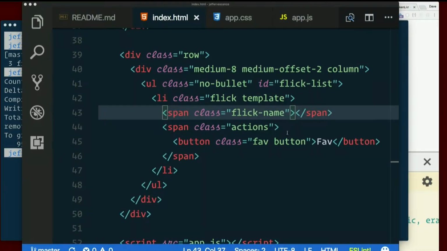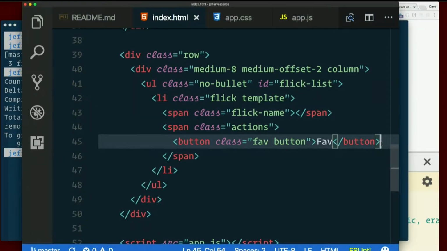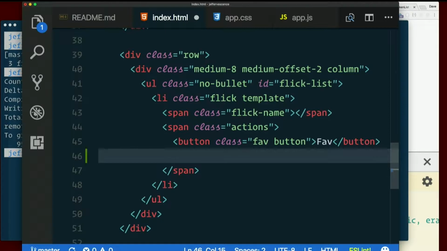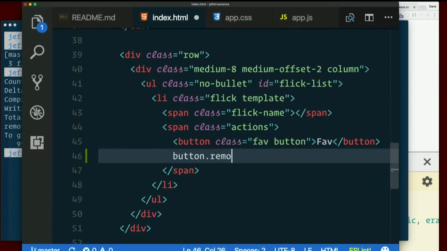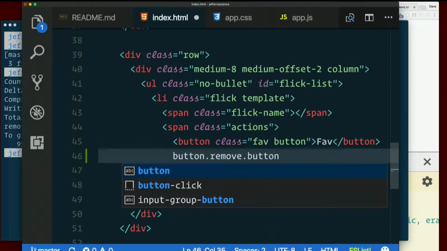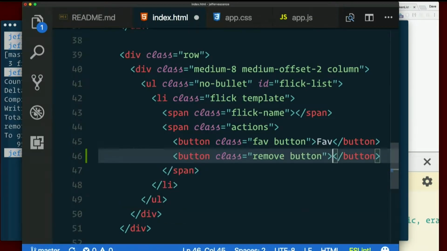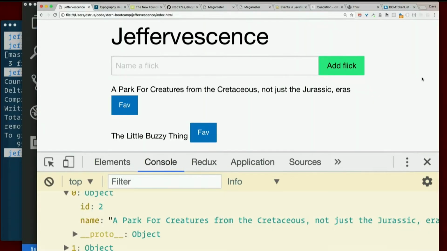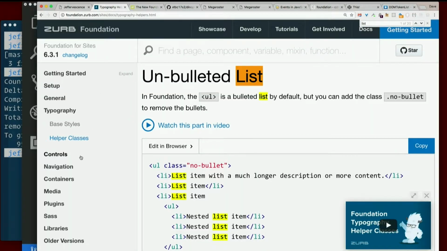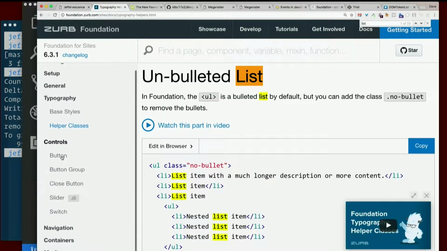Let's add the delete button and make it work. I'll make a button with a class of remove and a class of button. And I'll just put the word remove in there for now. And if we look at our button styles in the Foundation documentation, that was under controls, button,